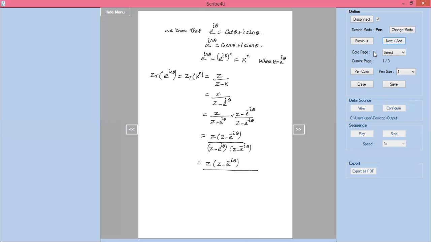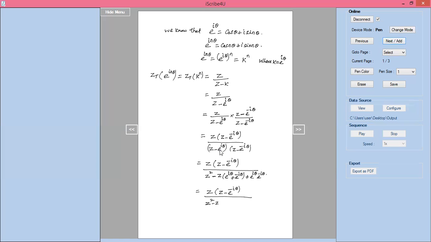Denominator: z into z is z square. Multiply e power i theta into z, next e power minus i theta into z, that one I will write as minus z into (e power i theta plus e power minus i theta). Then minus of minus should be plus e power i theta into e power minus i theta. Now if I simplify this, z into (z minus e power minus i theta) divided by z square minus z into (e power i theta plus e power minus i theta)